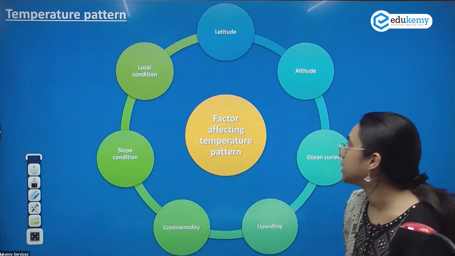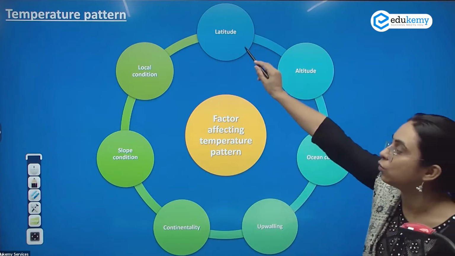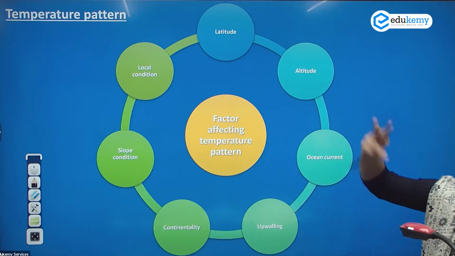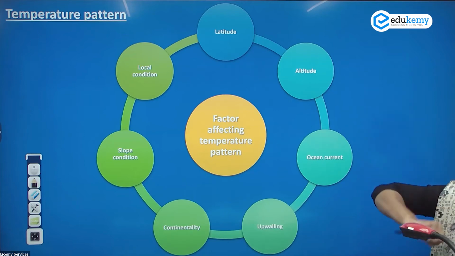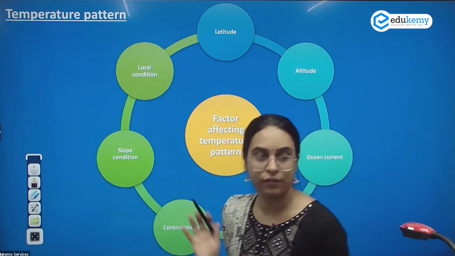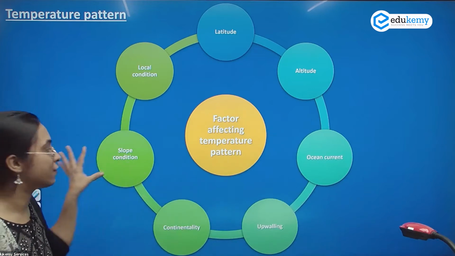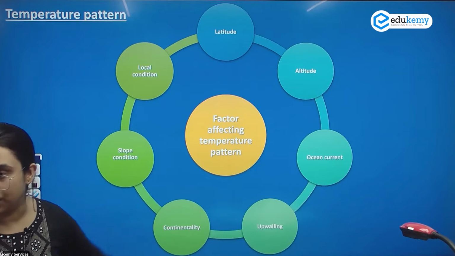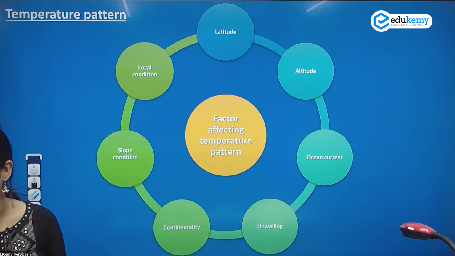So one condition is latitude. Yeah, you said equator and poles. Temperature will be different, so pressure will also be different. Local conditions, right? We will see what we mean by local condition. You have slope conditions, the land water differential, which you also call continentality, okay?